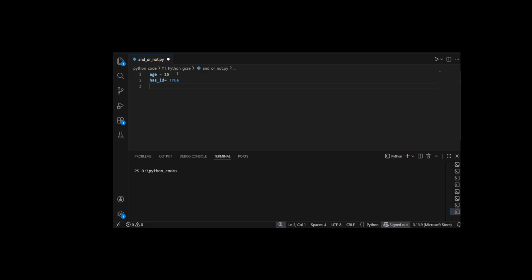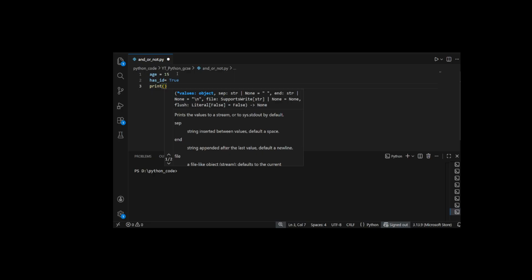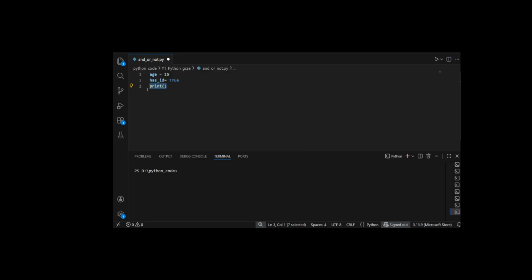Now, as I said, both conditions have to be true. So print, we have to check. Okay. So here, what I want to print, I want to print conditional based things. Let me write a condition for this. Suppose if